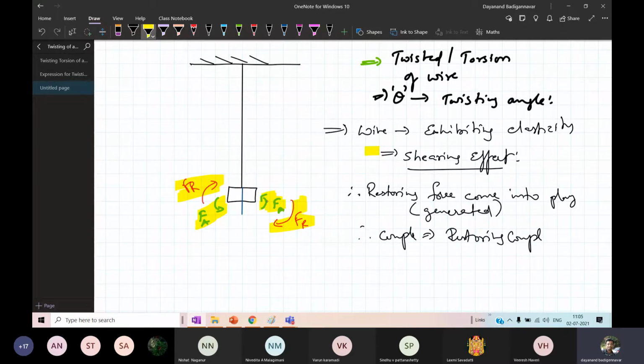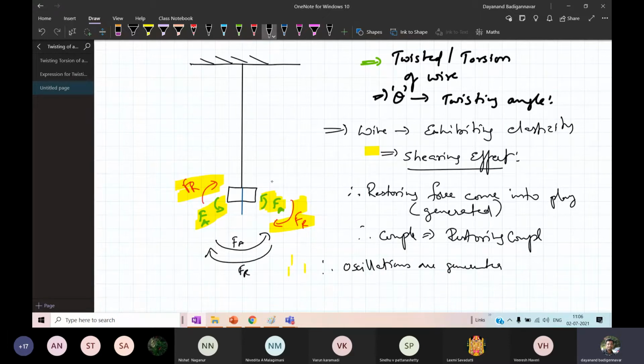So this is due to the elastic property of the material. Therefore there is an effect of oscillation that is generated. Therefore the oscillations are generated in the wire. That means here this mass will make to and fro motion like this. That is, this mass moves from here like this and again from here like this. Because while going this way the applied force is there, and while coming back the restoring force is there.